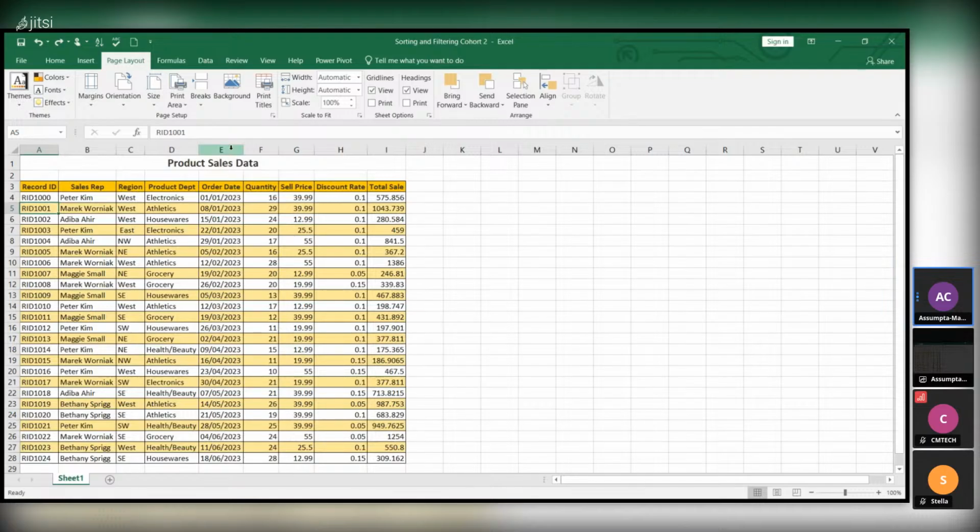Or for instance, we want to delete our other dates. We don't want to have other dates in our data set again. We can highlight it and we click on